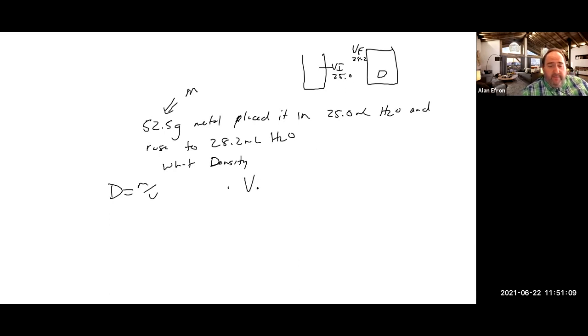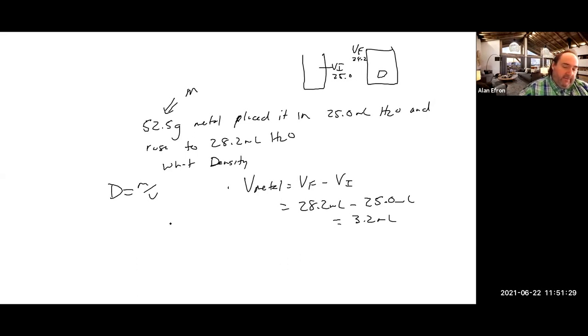So the volume of the metal in this particular case would be our final volume minus our initial volume, which would give us 28.2 milliliters minus 25.0 milliliters, which gives us 3.2 milliliters as the volume of the object. We then could put that into our density, which would be